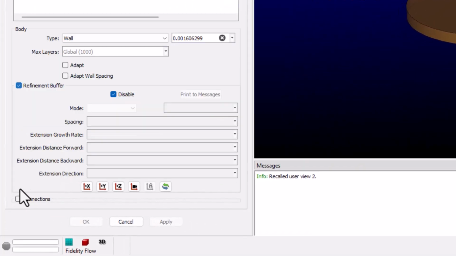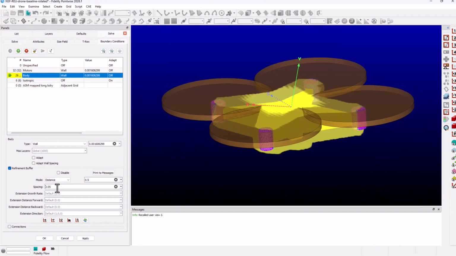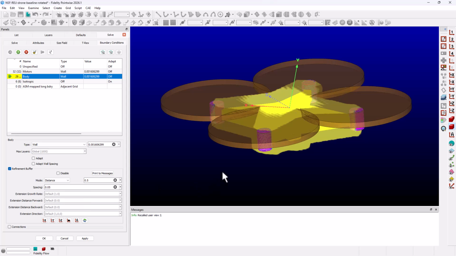I'm going to check on refinement buffers, and I'm going to check to enable them. And then all I have to do is specify the distance off of the body for this volume refinement. I'm going to use 0.5, and I'm going to use the default edge spacing of 0.05. Once I hit enter there, you can see in the display window that we can now visualize the extent of